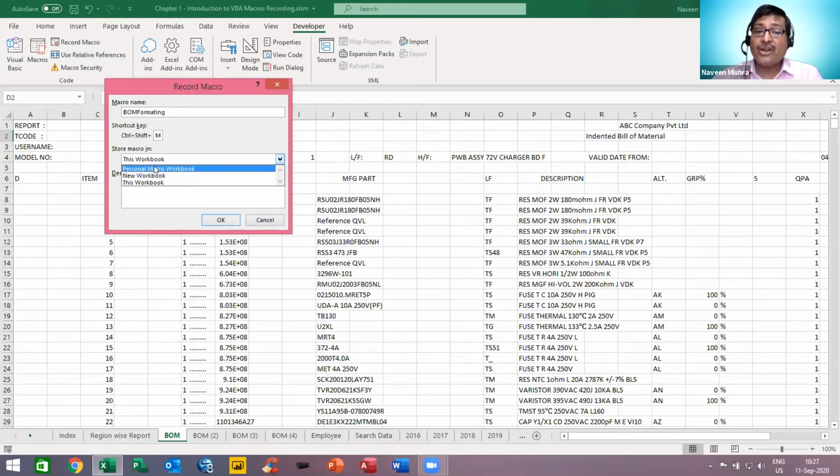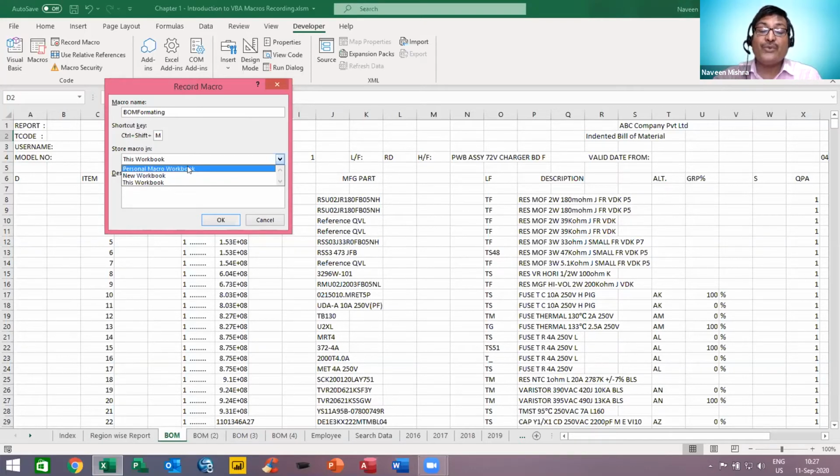Now we have another option, Personal Macro Workbook. Personal Macro Workbook means you don't want to open your macro file every time to run the macro. You want your macro to be available automatically. In that case, we can go for Personal Macro Workbook.